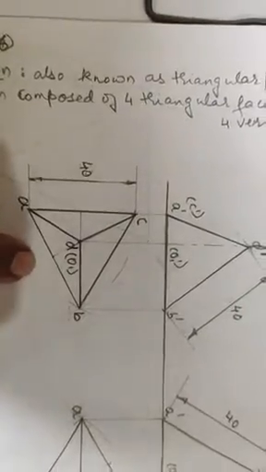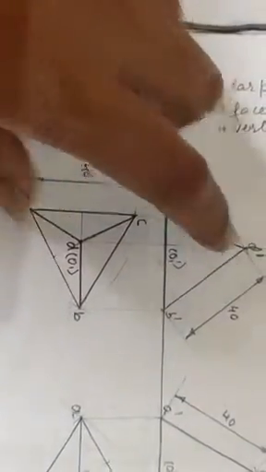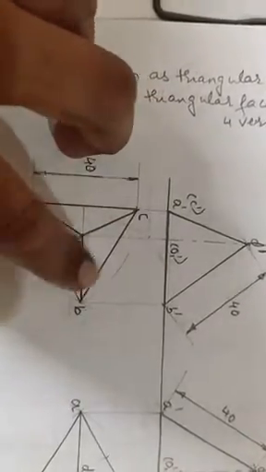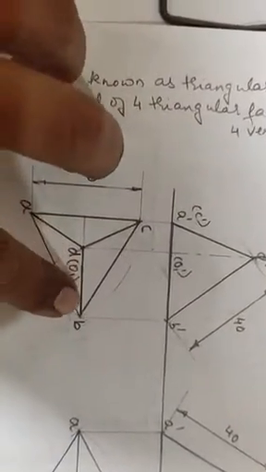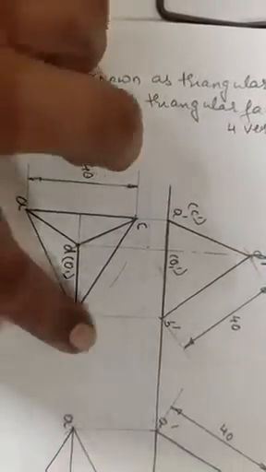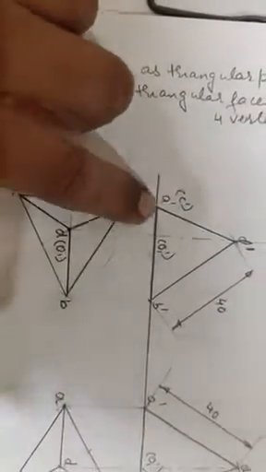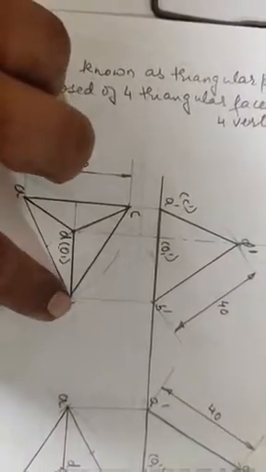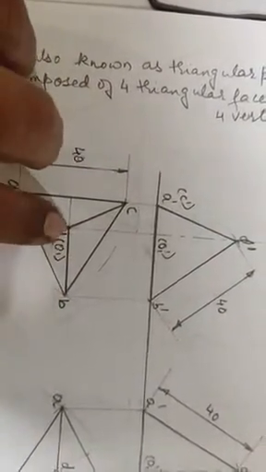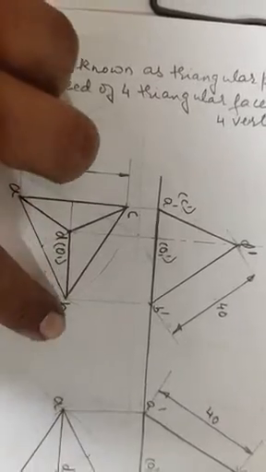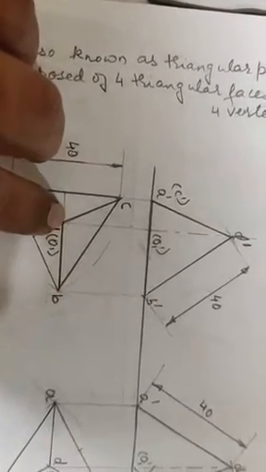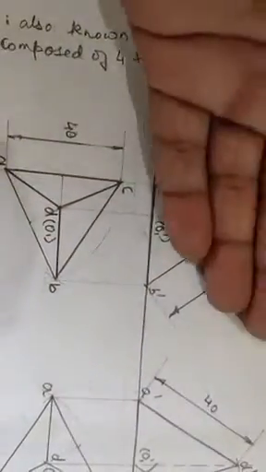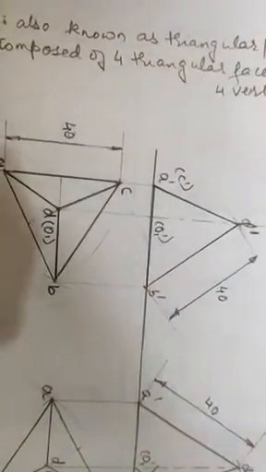So how am I going to get the front view? You can see this triangle, this one, all are at an angle. Which side is perpendicular to the vertical plane in the entire figure? Which side is parallel to the vertical plane or XY line? Only this line, DB. DB is the only one parallel to the XY line or vertical plane. So that concept you have to understand.